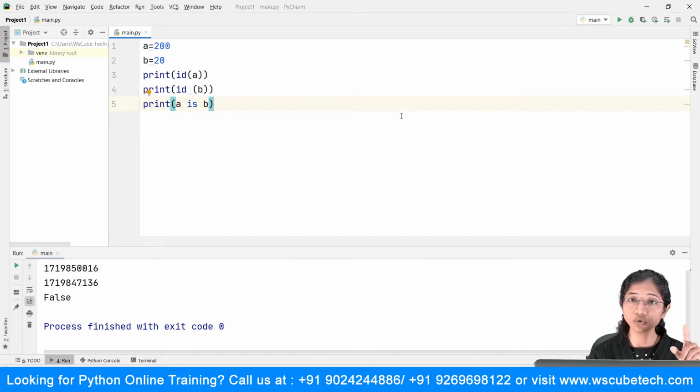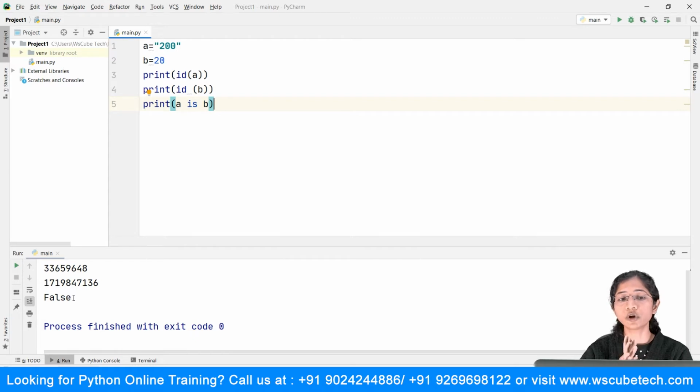So this is how we make use of "is". Now, I'm going to change the data type. Suppose I just make it a string. We all know that in order to make a string, we declare it in double quotes. So now the data type is different. Again I'm going to run, and you can see that as a is a string, it is getting stored at another memory address, and my integer b is getting stored at a different memory address. This "is" operator is returning the result as false because they are not pointing to the same memory address.